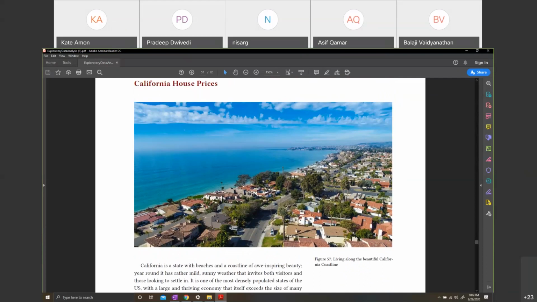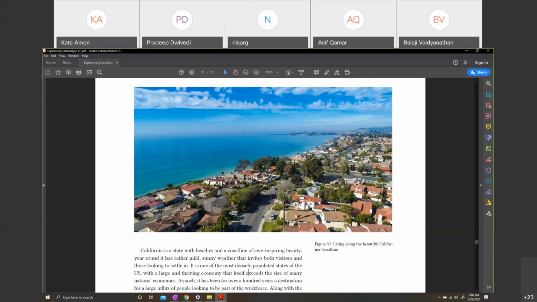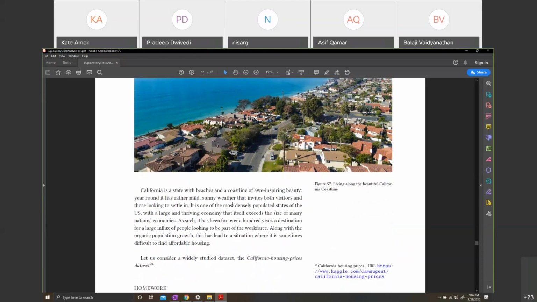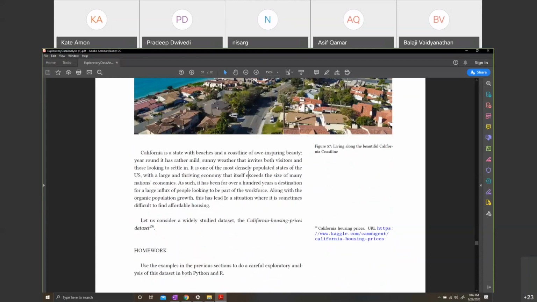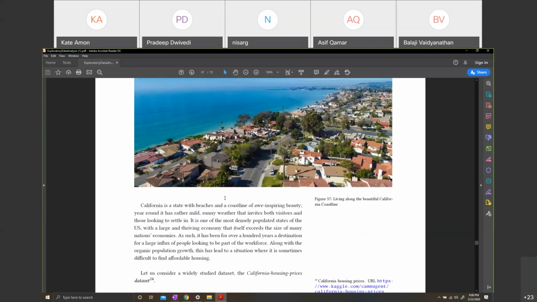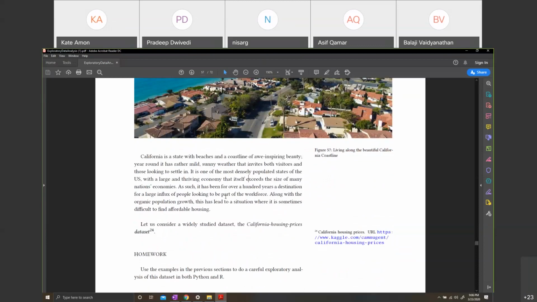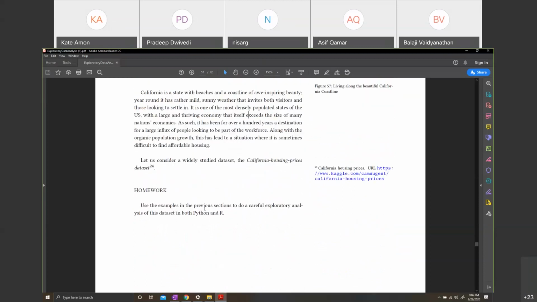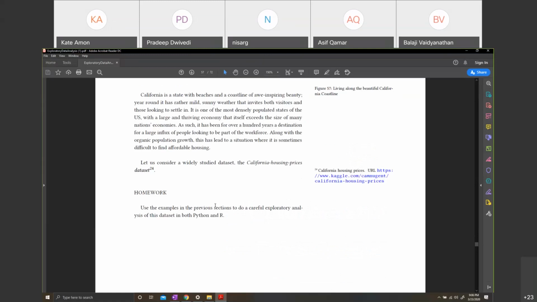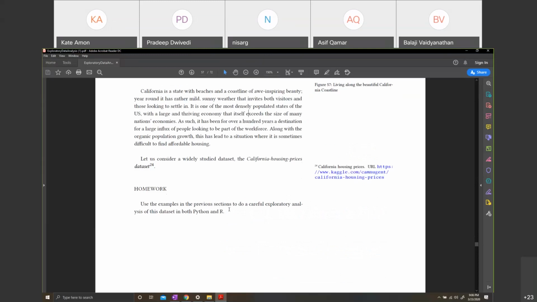So when the economy does its ups and downs, we get worried, and we often keep looking at house prices. Zillow is a very popular website, and there are many other websites that give you an estimate of the house price. So I thought this data would be interesting to you guys. This data is from the 1990s. You will learn something about how house prices were in the 1990s and how house prices are spread out in California. So do this analysis in both Python and R. And guys, email me your notebooks. I will review and give you feedback. Are we together, guys?